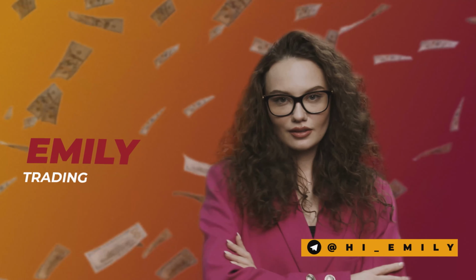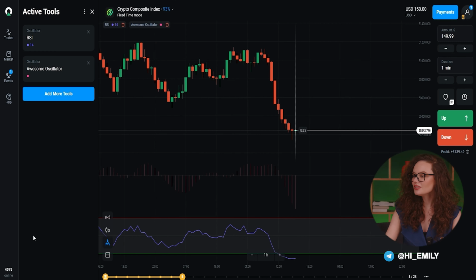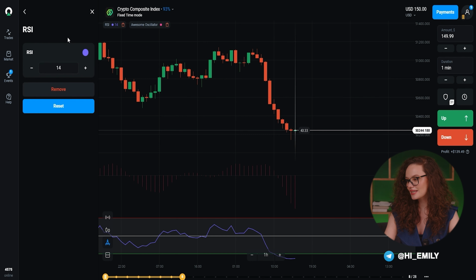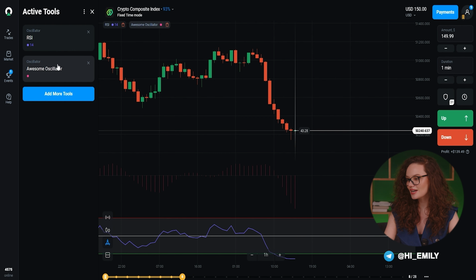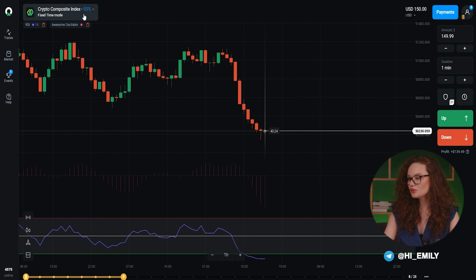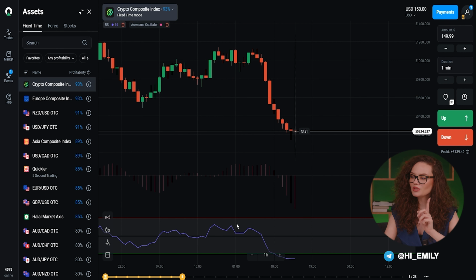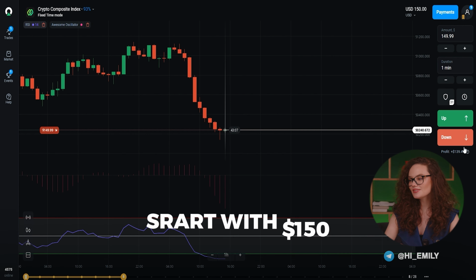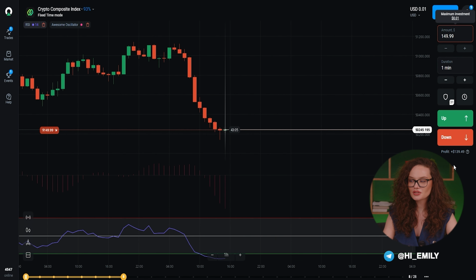And now the settings. I will leave everything to the basic settings. I include only two indicators, the ASM oscillator and the RSI. I leave the settings for the two indicators as standard. Now turn on the candles, set the interval to 1 minute, the transaction time is 1 minute as well, and you can start. I start with the amount of $150. It is from this amount that we will go out at